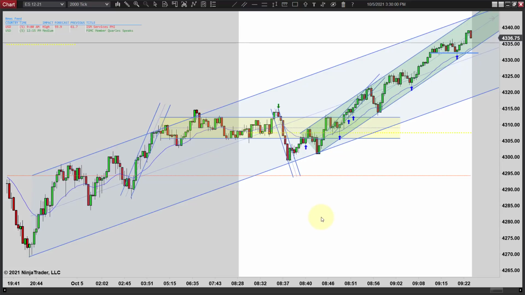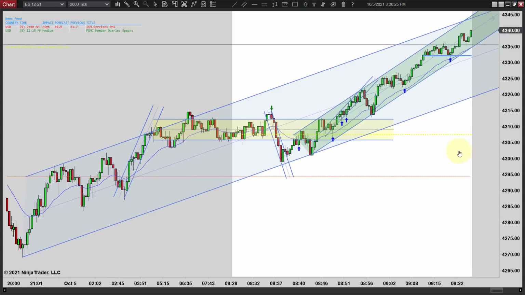However, I want to say this. A lot of times you will see an overshoot or even a break of the trend line during the overnight hours, and it doesn't really change anything. Yeah, sure, it led to a reversal back to the trend line here, but you don't get any break of the trend line here. And at this point, I wasn't even sure that was an overshoot. It sure looks like it, but I wasn't sure.